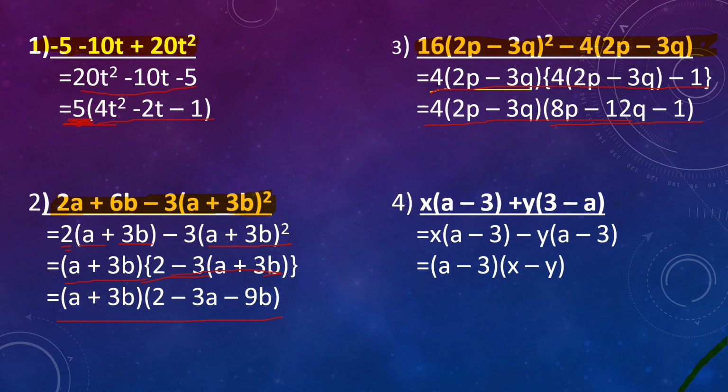Fourth question, where you will need to learn how to take minus common and how by taking minus common we can change the placing of terms in the bracket. The question is x times (a minus 3) plus y times (3 minus a). Children, if you look, you can see the binomials have got the same terms but placing are different, sign is also same. What you need to do is, we leave the first bracket as it is, that is a minus 3, but from the second bracket you take minus common.